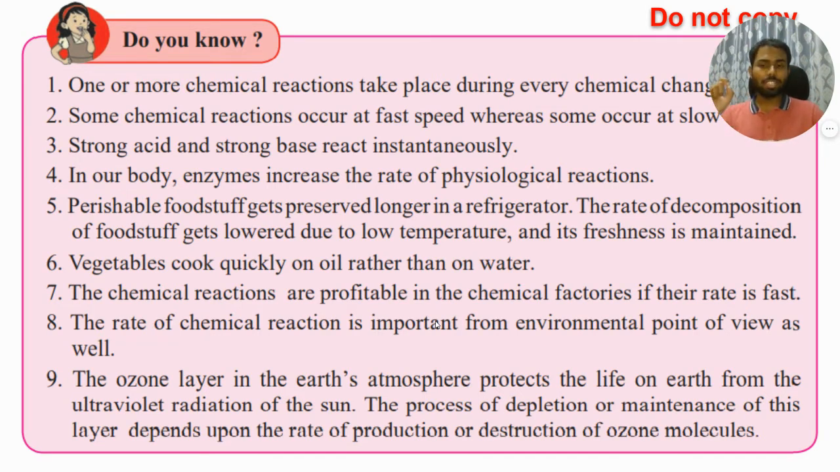The most interesting point I found was the last point. Point number 9 reads: the ozone layer in the Earth's atmosphere protects the life on Earth from ultraviolet radiation of sun. So ultraviolet radiation also comes from the sun, and if that ultraviolet radiation touches our skin, then it is not good for our skin. But fortunately, luckily, the ozone layer around the Earth's atmosphere absorbs ultraviolet radiation, so it never reaches our